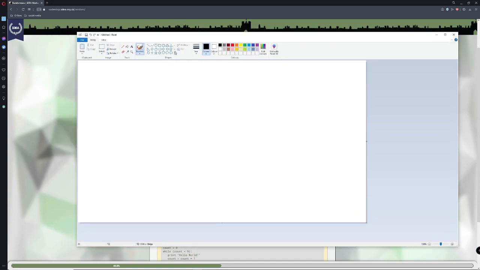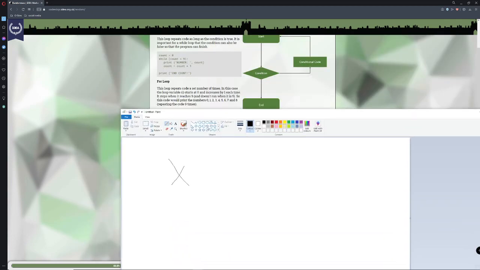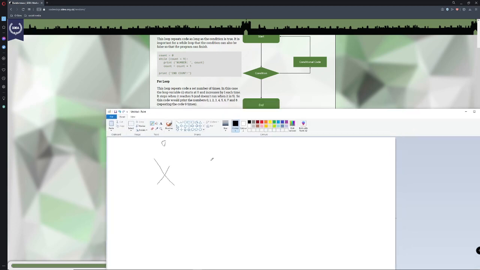So let's say we have, and I'm just going to use a pencil for this, let's say we have an x here, right? So this would be 0 right here. We'll just go ahead and do a 0 there. That would be 0. And then we would go another x, okay?